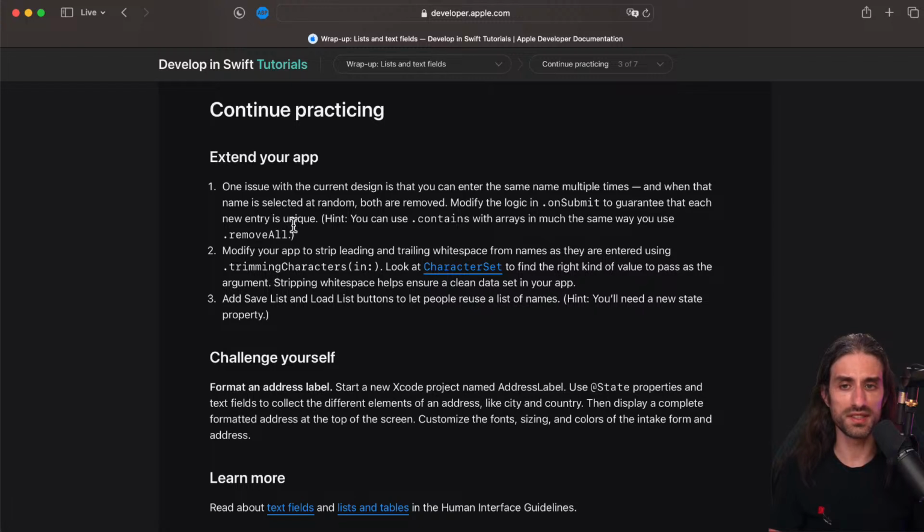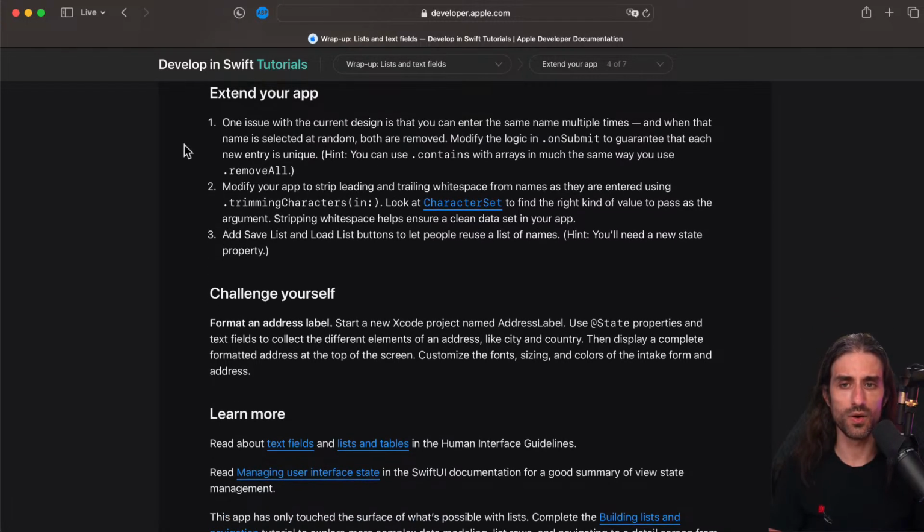If you want to continue practicing, first there are ways that you could extend the app we've just written. One issue with the current design is that you can enter the same name multiple times. And when that name is selected at random, both, or all instances rather, are removed. Move the logic in onSubmit to guarantee that each new entry is unique. Hint, you can use contains with arrays in much the same way you use removeAll.